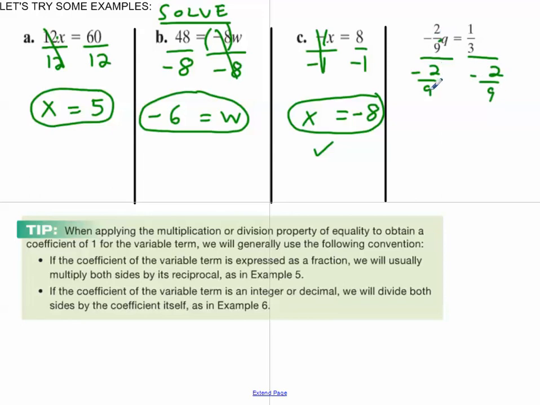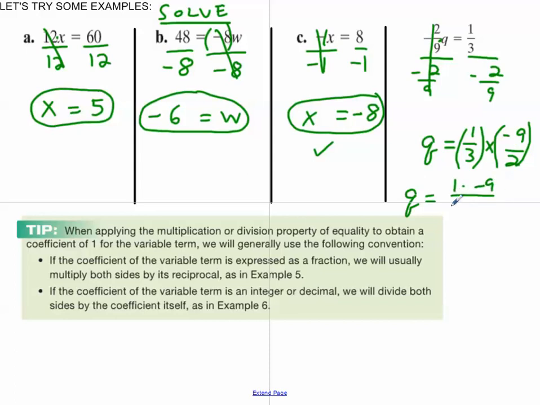Negative 2/9 divided by negative 2/9 gives me just 1 on the left, so I can cancel those out. On the left side, I'd have q is equal to 1/3 divided by negative 2/9, and here's where we go back to fraction land. 1/3 divided by negative 2/9 is 1/3 times negative 9/2. If we're dividing by a fraction, we multiply by the reciprocal. And now we've got q is equal to 1/3 times negative 9 over 2, which is 1 times negative 9